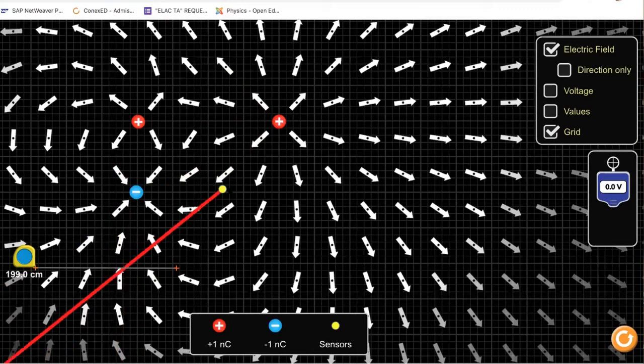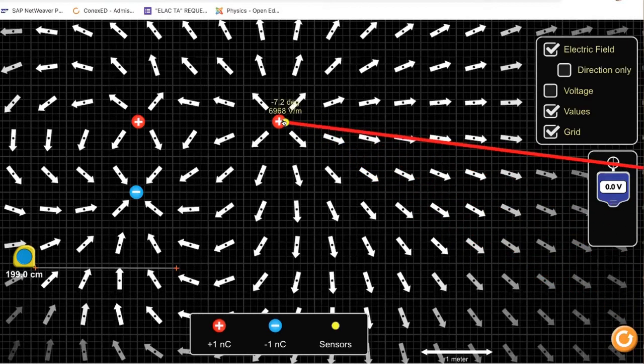Oh, it's so big. Values. Okay, yeah, so the electrical field here is 9 volts per meter, which is same thing as saying 9 newtons per coulomb. So if I want to know the electrical field right there, at the center there,